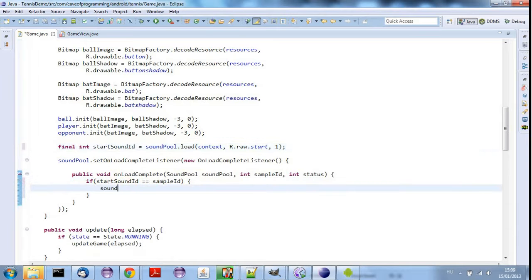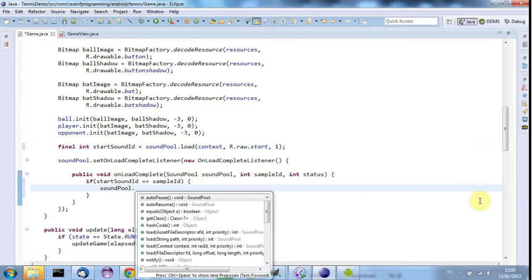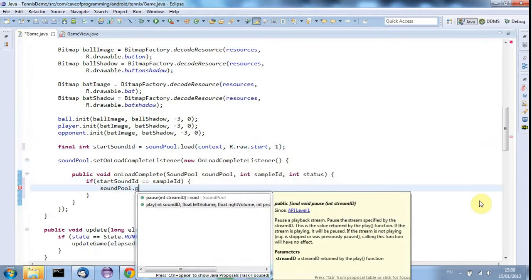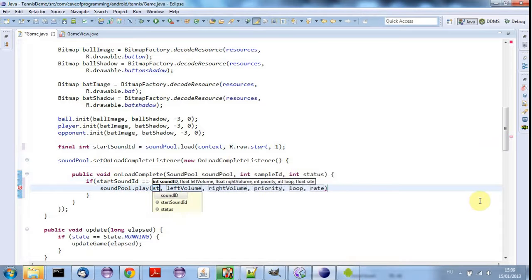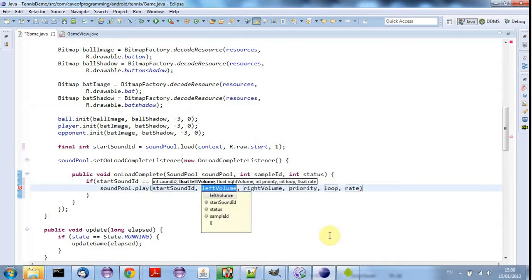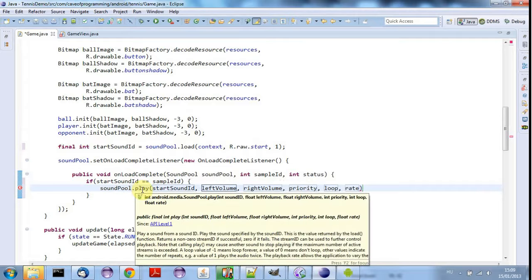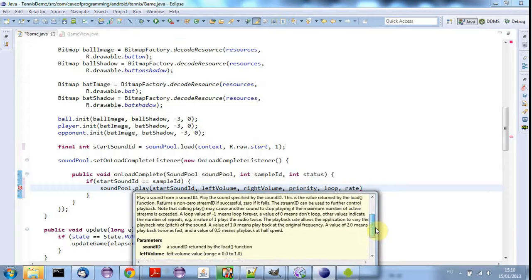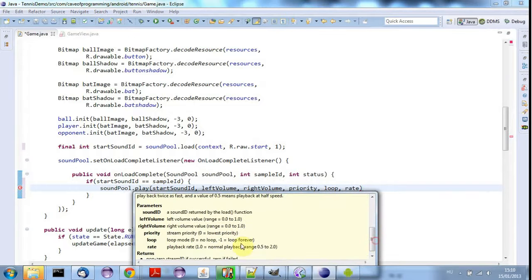So I'll say soundpool.play, and I need the sound ID, which is going to be start sound ID, of course, and the volume, which is between 0 and 1. Let's just check that. Let's go to the documentation. So the volume is, where are we? Let's take a look. The volume is